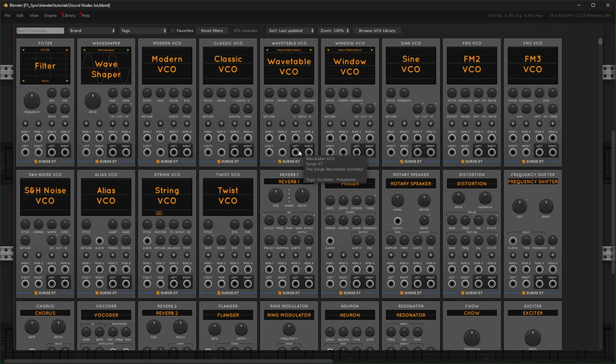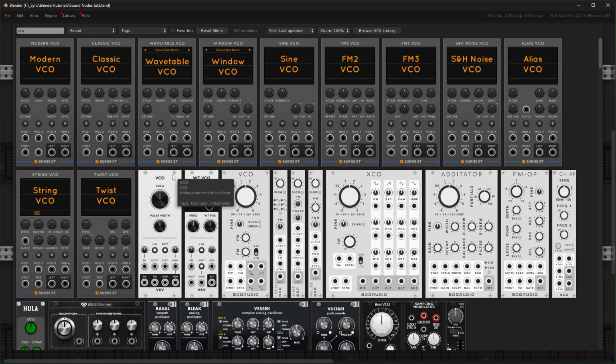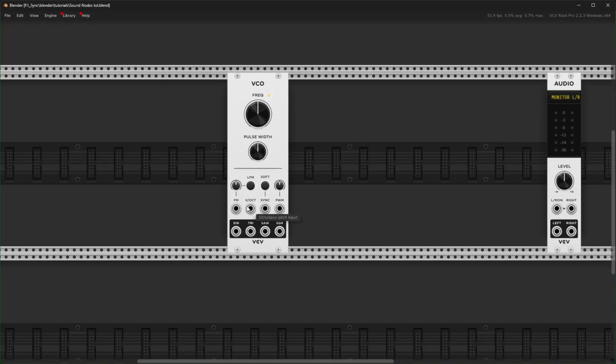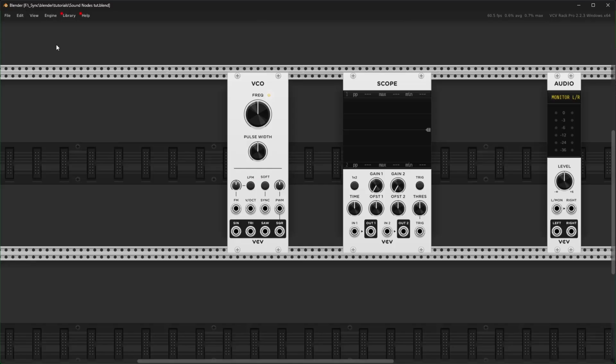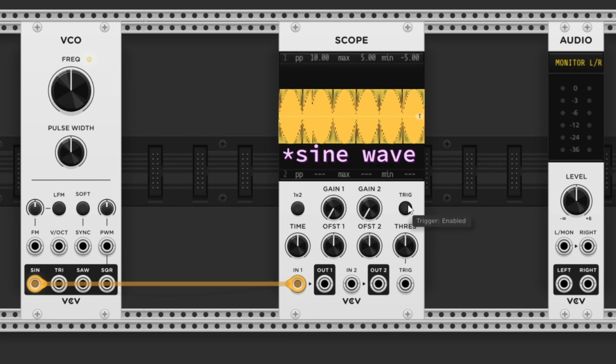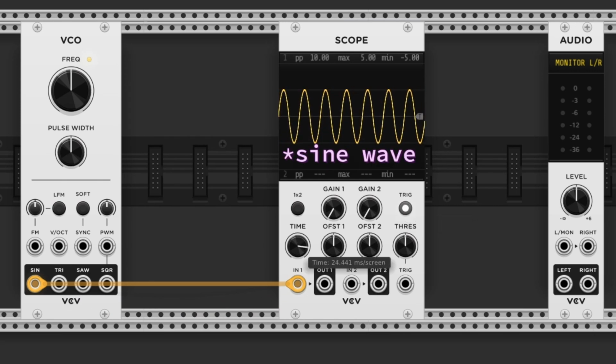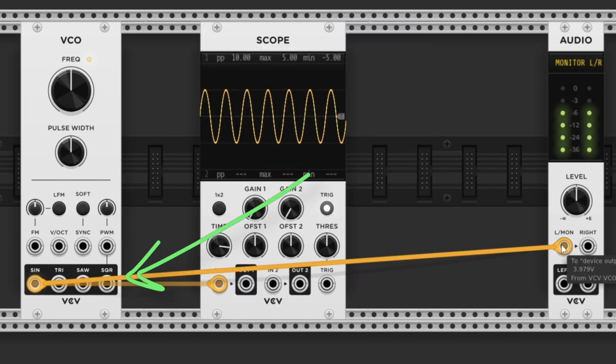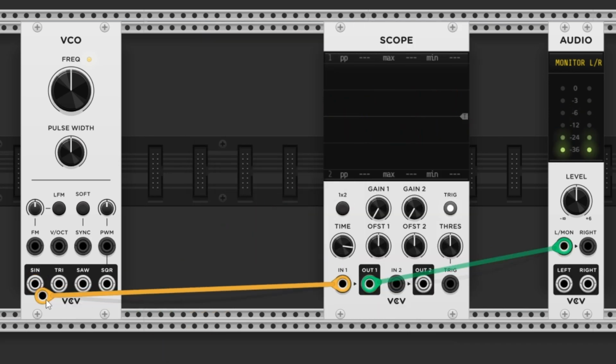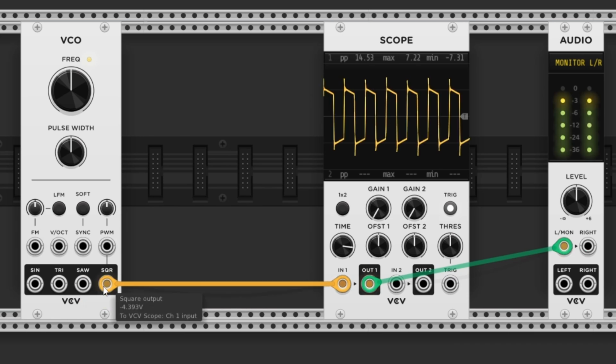First thing we need is something to generate sound. These are called oscillators, and this is the one I'll use. If you plug it into the audio output, we can hear it. And we can use a scope to see what the sound wave looks like. This one is called a sine wave, and it looks like a smooth squiggle. The oscillator has a few different waves, and they're all outlined in black right here. We have a triangle wave, a saw wave, and a square wave,